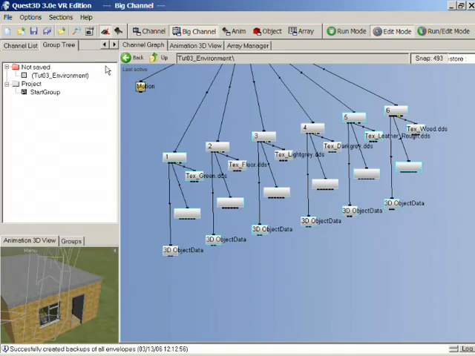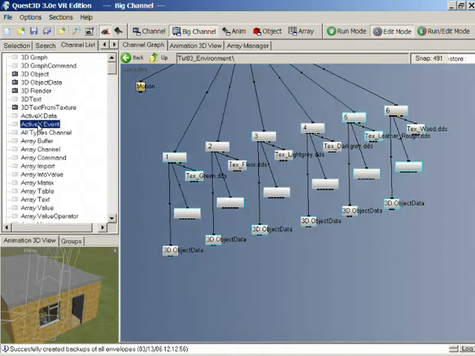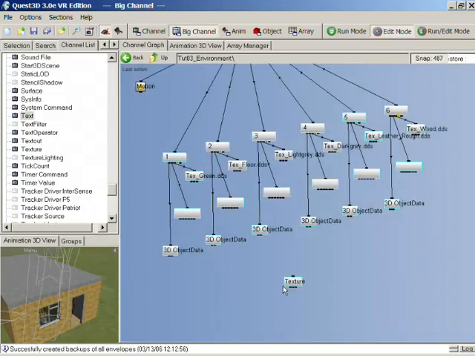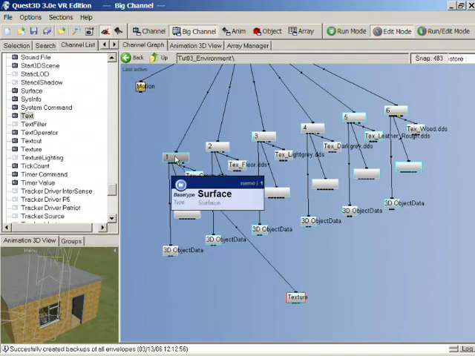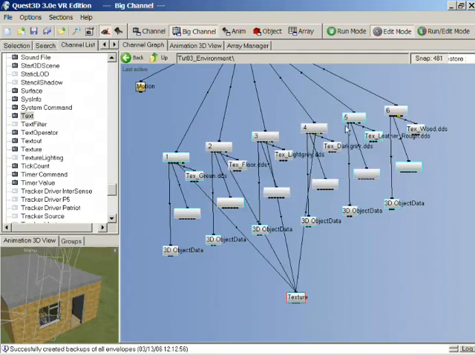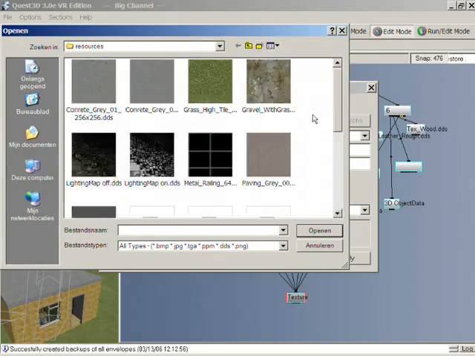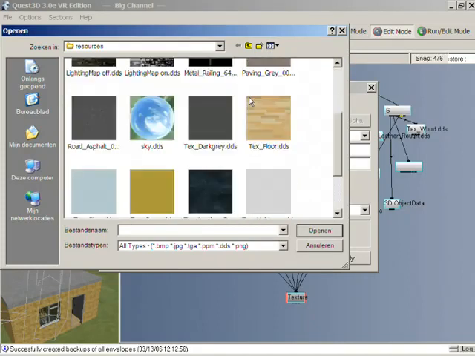So what we need to do first is get a texture channel. So again, I'm just going to my channel list and getting a texture channel from here. I'm now going to select this, and whilst holding L, click on all of these surfaces, and you can see links have been created to all of them. We can now double click the texture and come in here and look for our light map. I'm just going to look at thumbnails so that we can